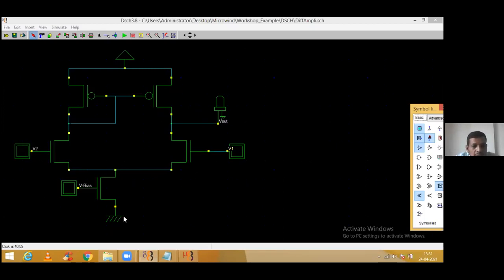Forget about this. It is just a V bias voltage that we are assigning, and depending on that V bias, the gain of the amplifier can be controlled. Forget about this one, only the gain of the amplifier can be controlled. Is it fine? Okay. What next? Case number one is over.